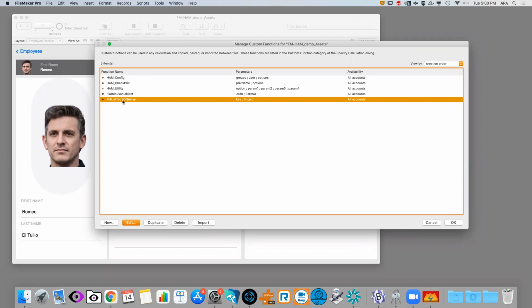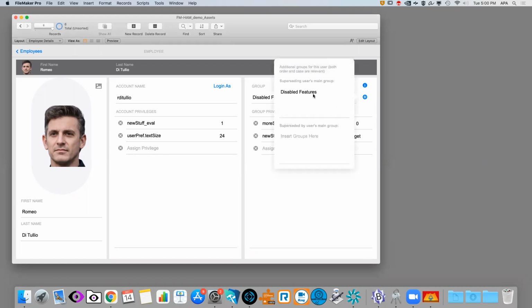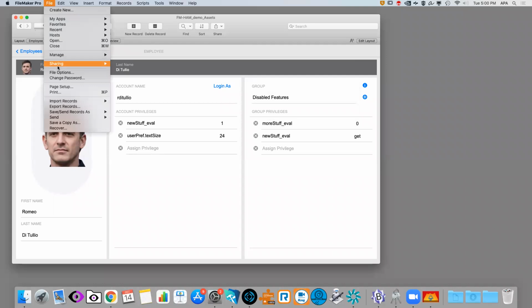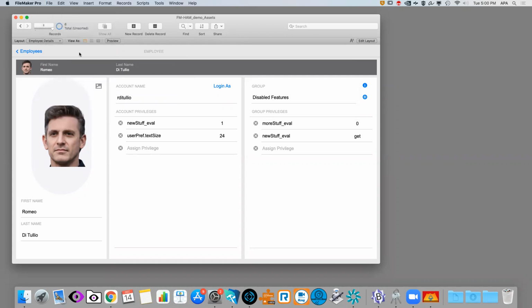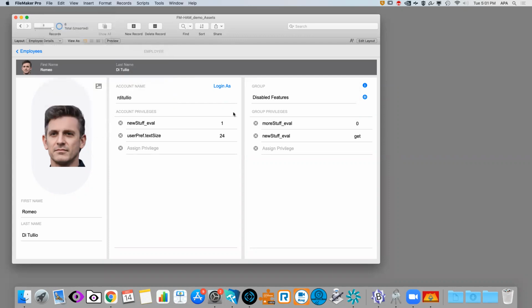And I've also added this FM list to JSON array, because anytime that I'm having things in lists, let it be in here or as the list of inheritance, this gets converted to a JSON array that I'm sending in. So I use the custom function for that, but it's not anything that makes FM Ham work. And then when we go look at the scripting, sorry. So if we get the script,